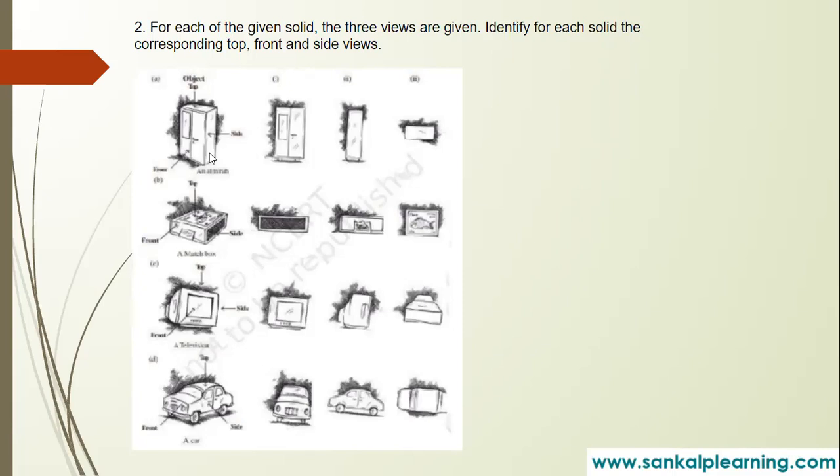For example, the first one, almirah. Okay, so the cupboard: in the front view, when you look at it from the front, it looks like this. And side view means you can see only one wall, only one rectangular shape, right? So all of you stand in front of the cupboard, children, so that you can understand easily. And if you see from the top, you can see only the top portion. See, it is like a rectangle.